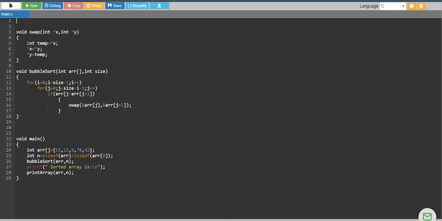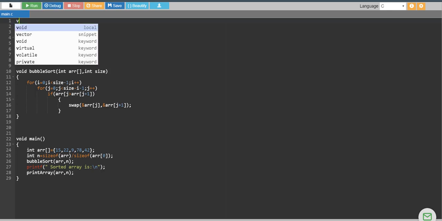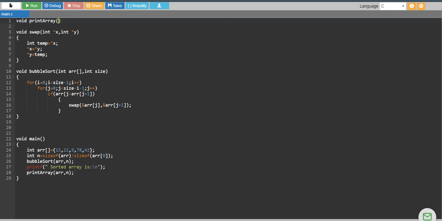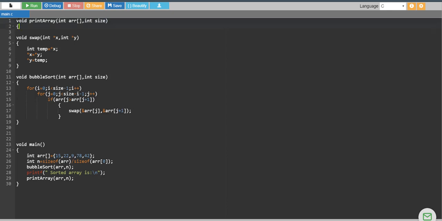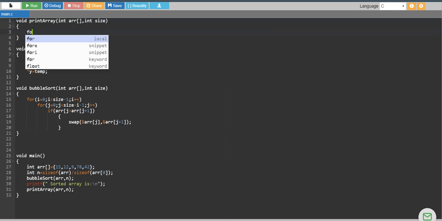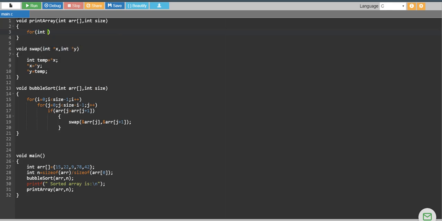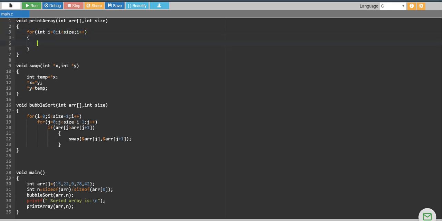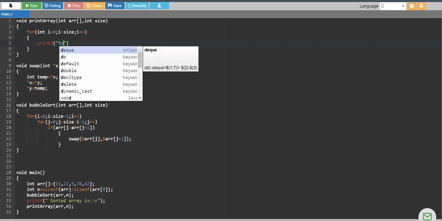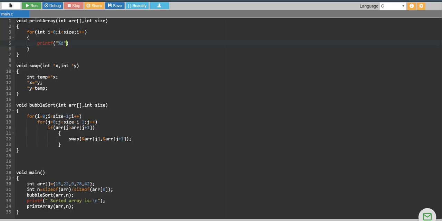Now let's create this print array. Integer array and its size. Okay, I am going to write this for loop which will iterate over this sorted array, i less than size, i plus plus. Inside this I am going to print the array elements.